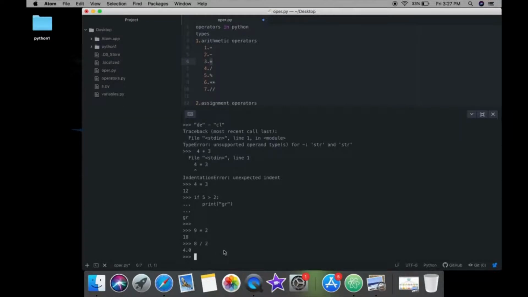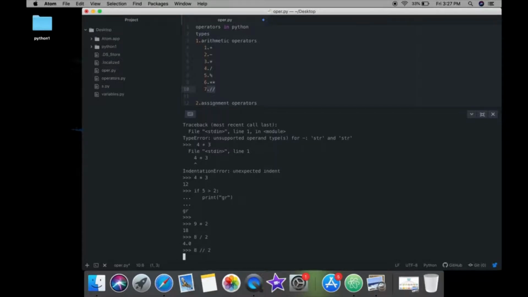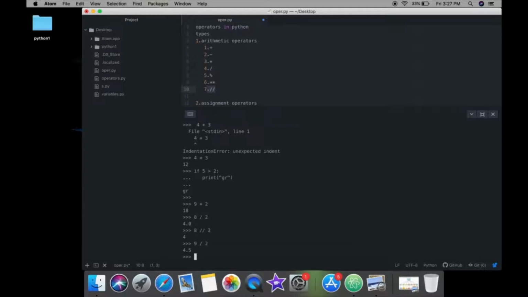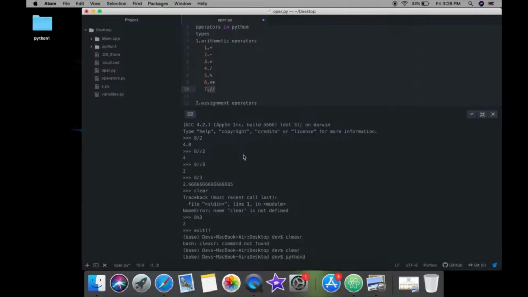by 2, we get 4.0. And here, similar to the division operator, if I use double division for the same thing, like here I have 8 divide 2, you will get an integer value. So if I have 9 by 2, I have 4.5, and if I have 9 double divided by 2, I have 4. So this one is the round off, like we are getting,